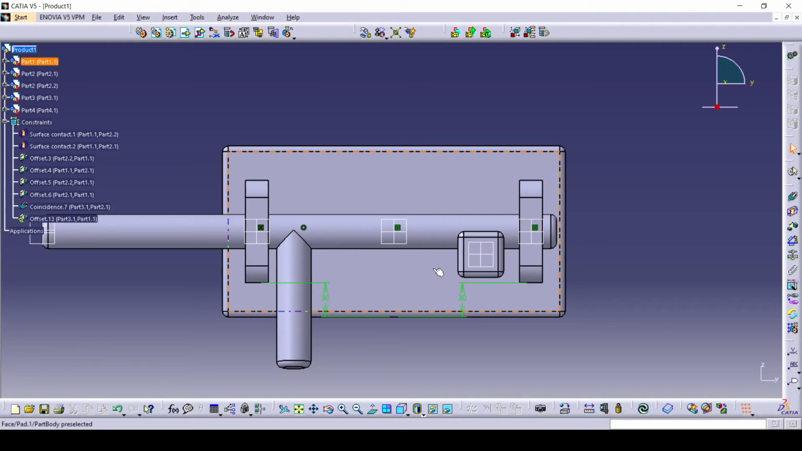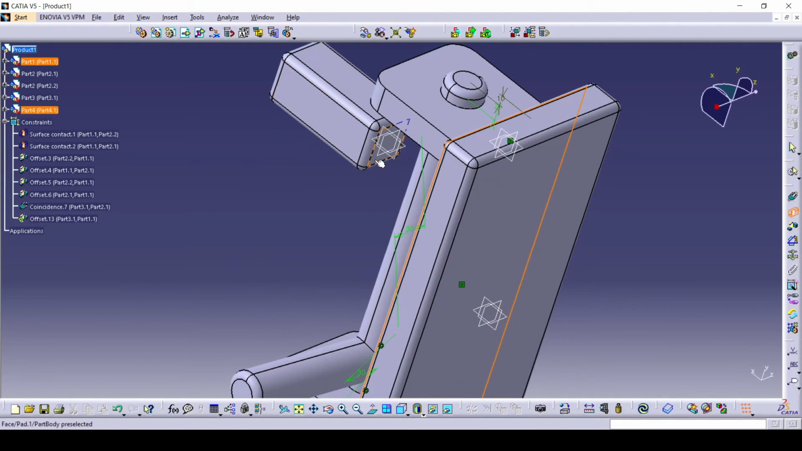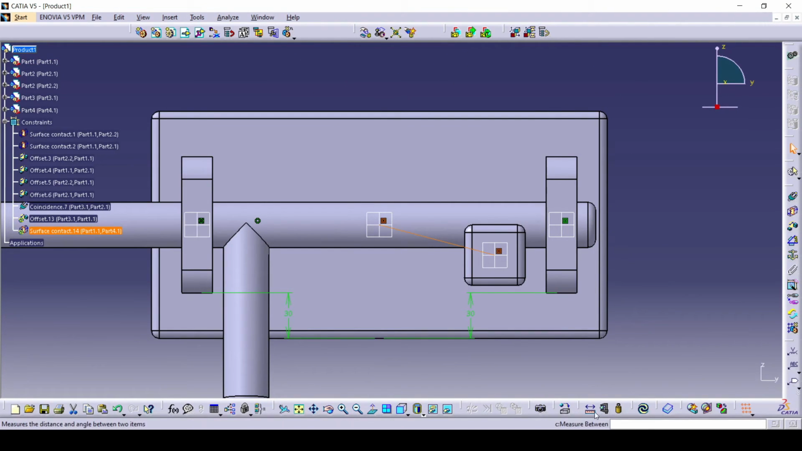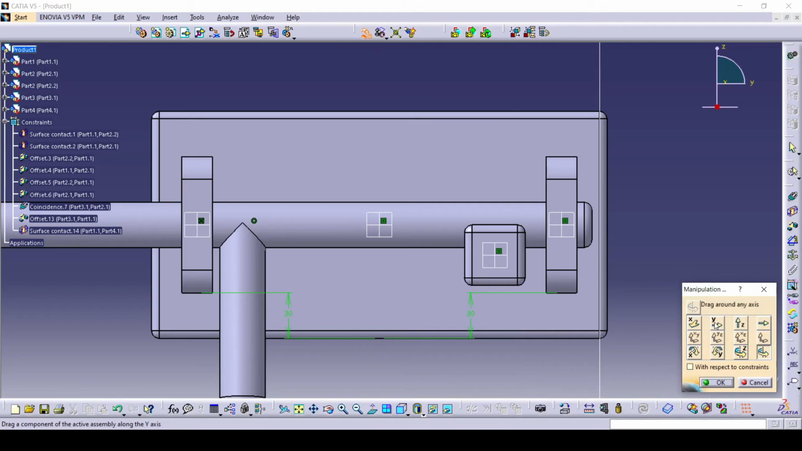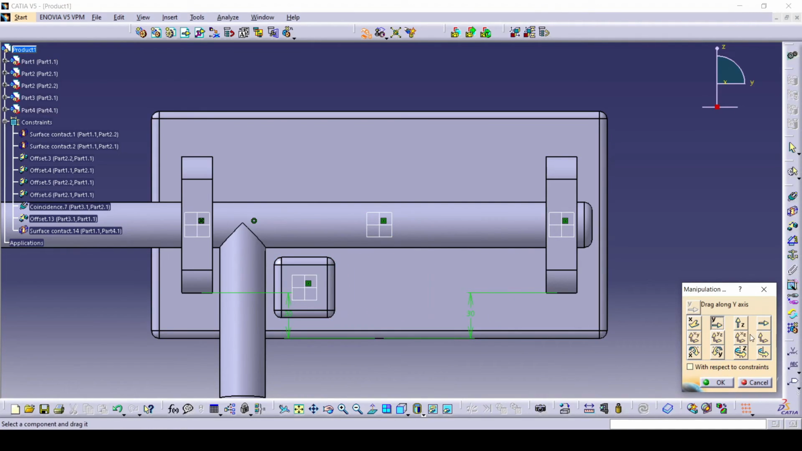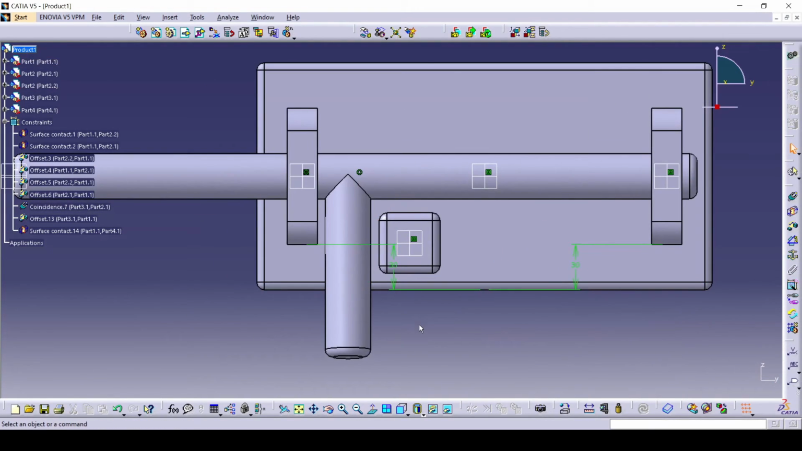So for part 4, I'm gonna first use the contact constraint, and I'm gonna contact this face with this face. Okay, so you can click on update. Now I'm gonna move it a little bit using manipulation tool, along Z direction and along Y, somewhat around here. Yeah, this is fine. So now I have to fix this also, so I'm using offset constraint again,